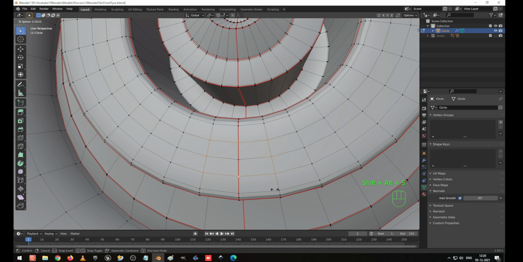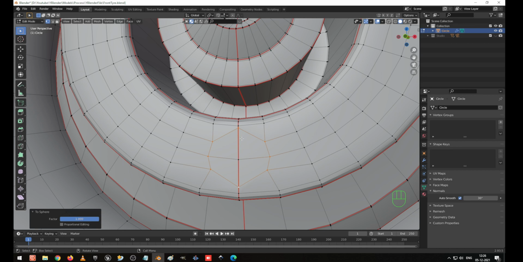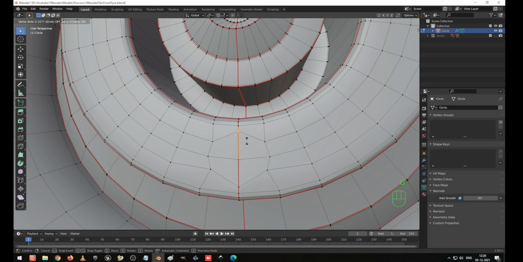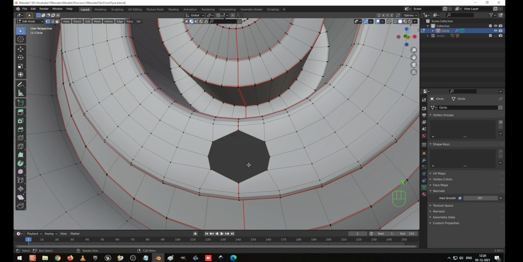Alt Shift S. Here you can see 1 2 3 4 5 6 7 8. Now I press double G to move slightly here. Okay, this is better. Double G to move slightly here, and I select the center vertices. I press X to delete the vertices.